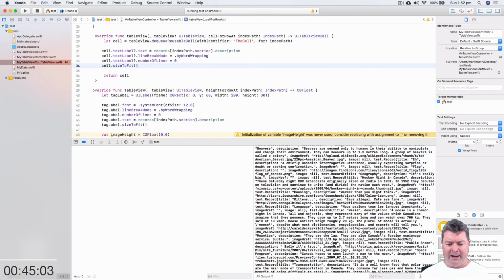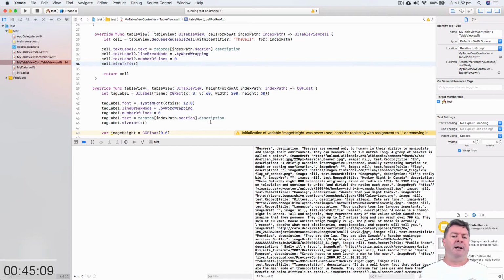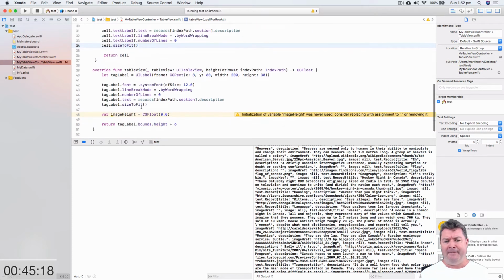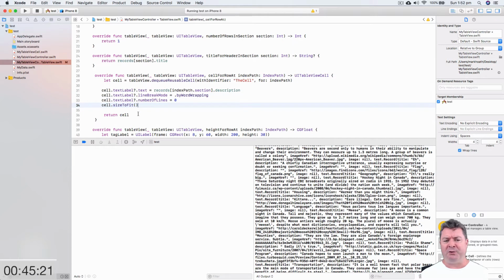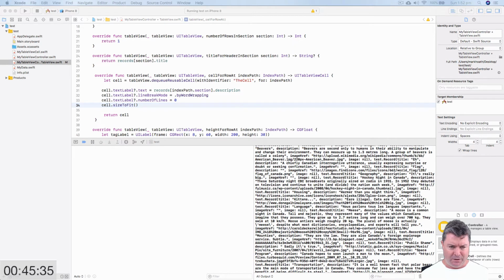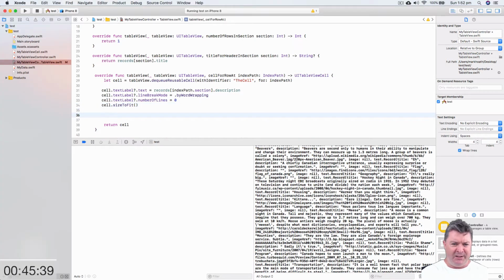So we've got our text and we've got resizing cells. We've got images to worry about. What are we going to do about this image? The images we need to have called here. Now we only want to load them when they're called. So we want to load them from our cell for row at function. But they may already exist, so we don't want to reload them if we already have them. So we want to go if records